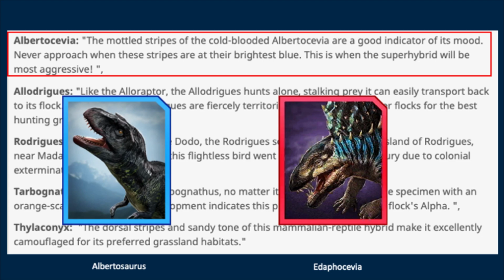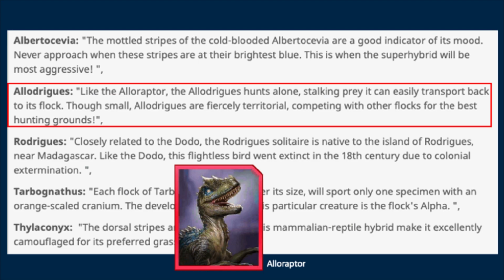Another clue, I think, is it says never approach when these stripes are at the brightest blue. As you can see there, Edaphoseivia does have those kind of blue stripes on it. So I'm pretty confident. I think this is going to be an Albertosaurus Edaphoseivia super hybrid. Okay, let's move on to